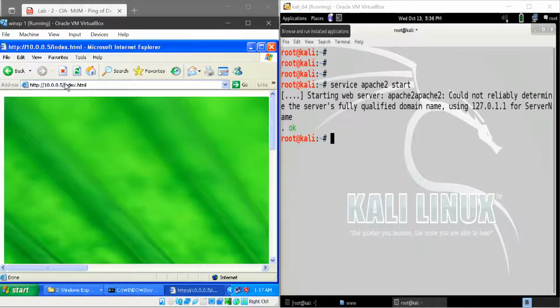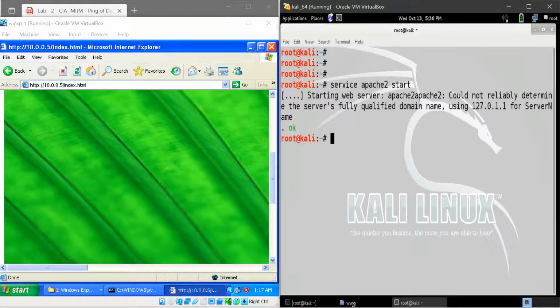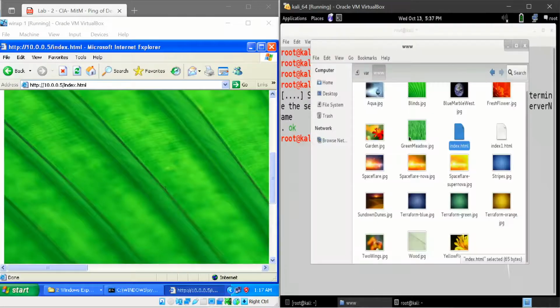We see the picture of the blinds. So this is the picture of blinds in the XP. So this is the first step we need to do.